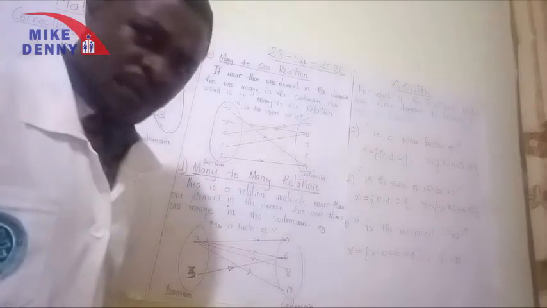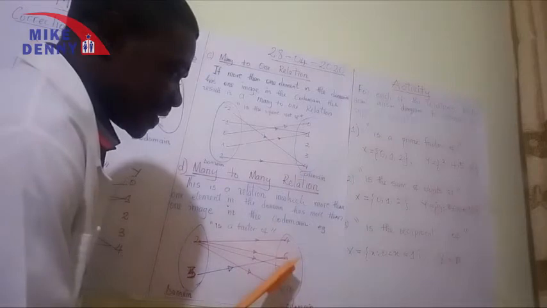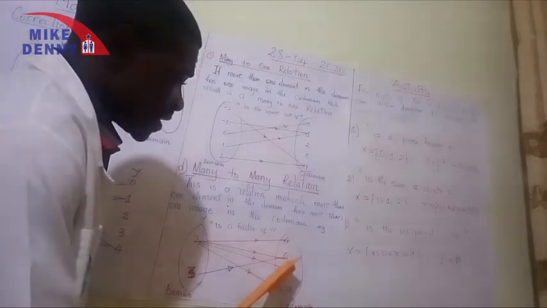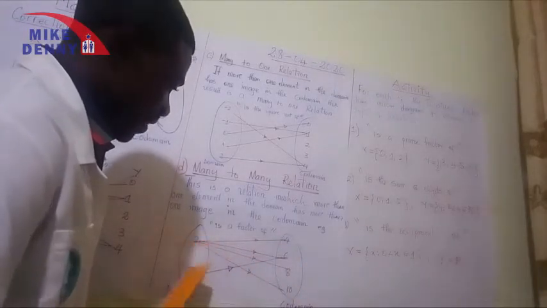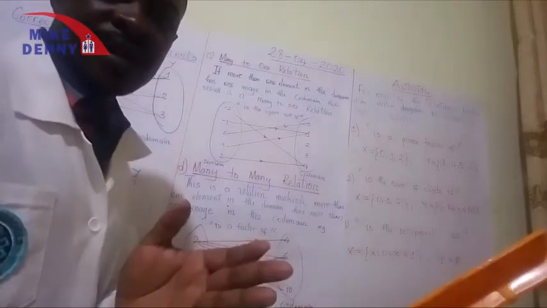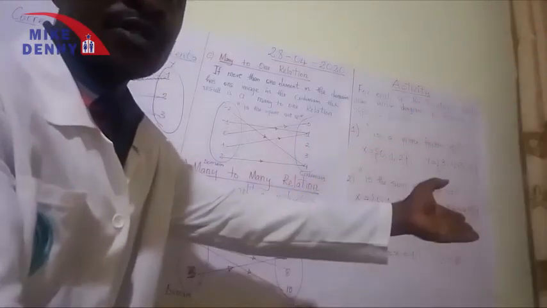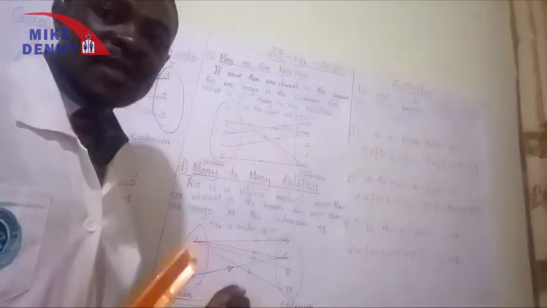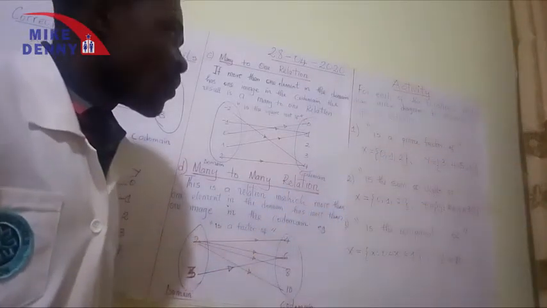Now let's trace the arrows. We are talking about many-to-many. You see, 2 is mapped to so many elements here, and 6 in the codomain is mapped to so many elements in the domain. Look at 6. 6 has its own images here. I have 2 and 3, right? So we have so many elements in the domain and so many elements in the codomain. That is, an element in the domain is mapped to so many elements in the codomain, and then an element in the codomain is mapped to more than one element in the domain. So that is what we call a many-to-many. Arrows are leaving the domain and going to the codomain, leaving the codomain and coming back to the domain. It is a many-to-many relation. All right.